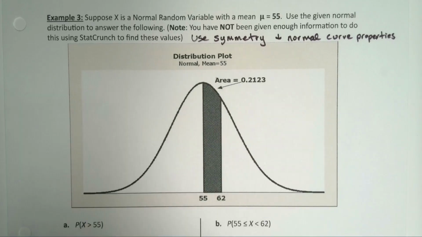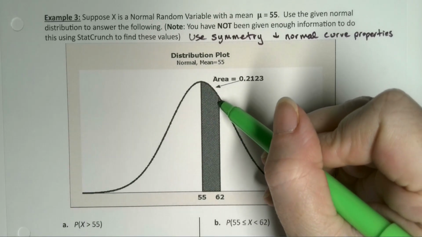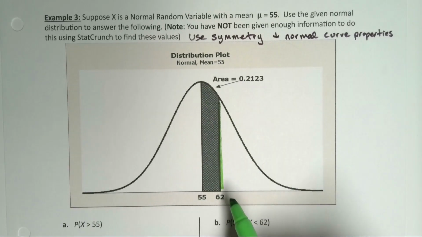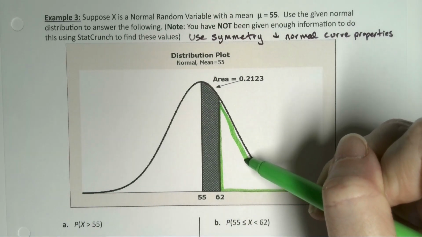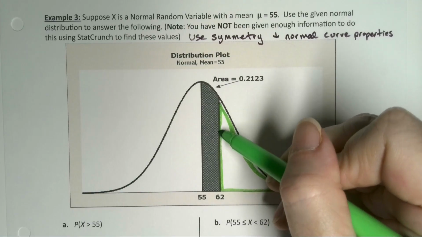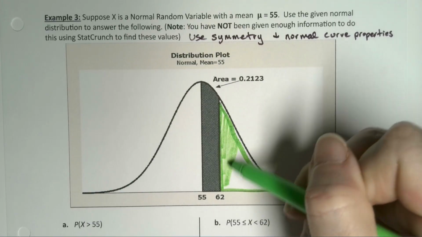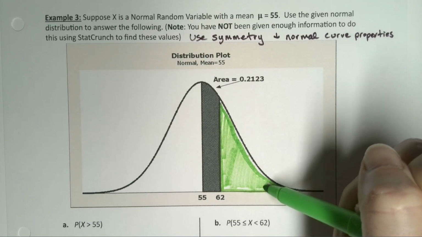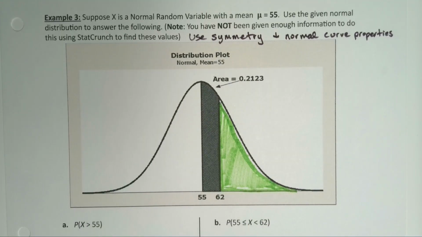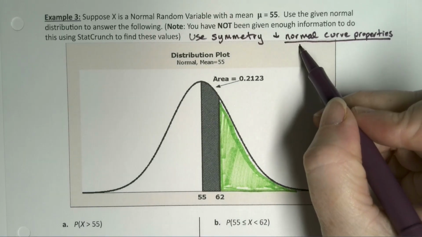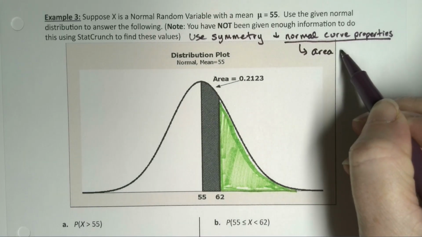So I'm going to make this area to the right of it, right here. I can find this area, believe it or not. Now, how can I find that area? Well, the thing is that I know that the normal curve adds up to 1. Right? I know the area under the entire curve is 1. So let's think of the normal curve properties that we need. So the area under the whole curve